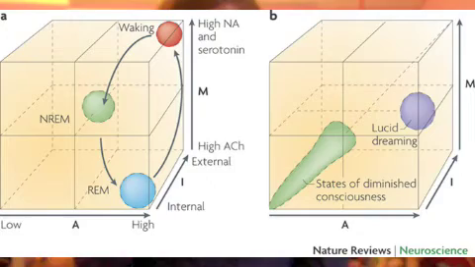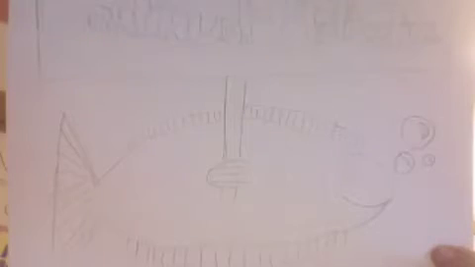This theory has undergone an evaluation as technology and experimental equipment have become more precise. Currently, the model, called the AIM model, is now used to determine the different states of the brain over the course of day and night. The second theory we are going to cover is the